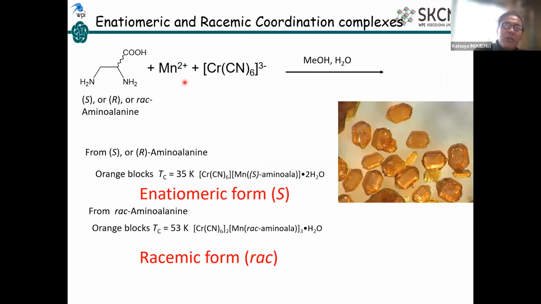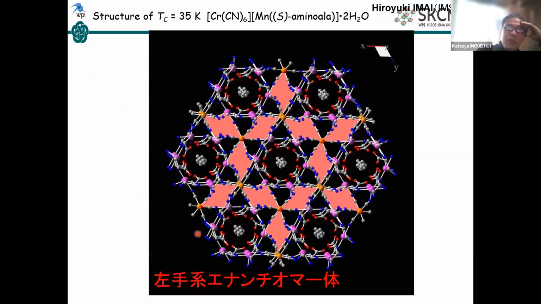This magnet contains manganese 2 and chromium 3 with cyanide bridges, and we add alanine, an amino acid derivative, using the chiral enantiomerically pure form and the racemic form also. The chiral one and the racemic one have different structures. Let's see the structure. This is the chiral